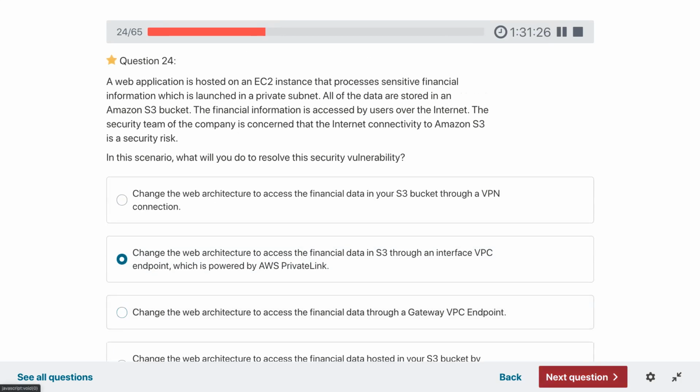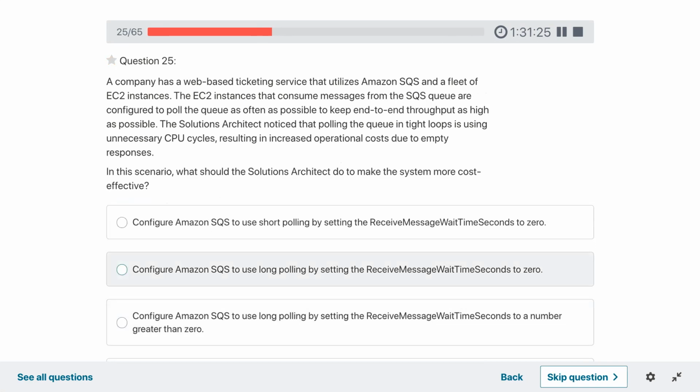A company has a web-based ticketing service that utilizes SQS and a fleet of EC2 instances. The EC2 instances that consume messages from the SQS queue are configured to poll the queue as often as possible to keep end-to-end throughput as high as possible.